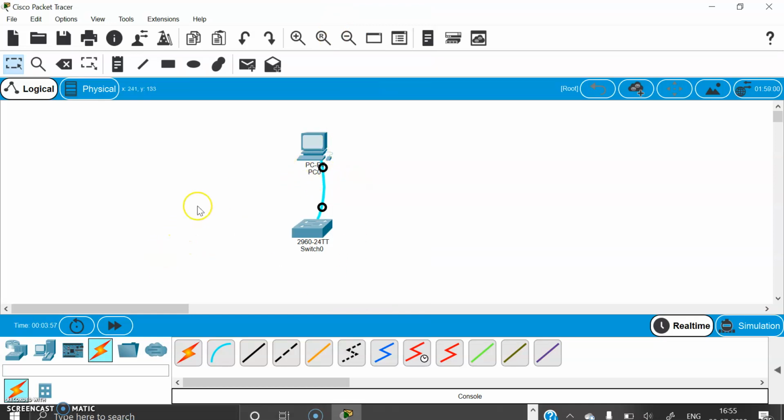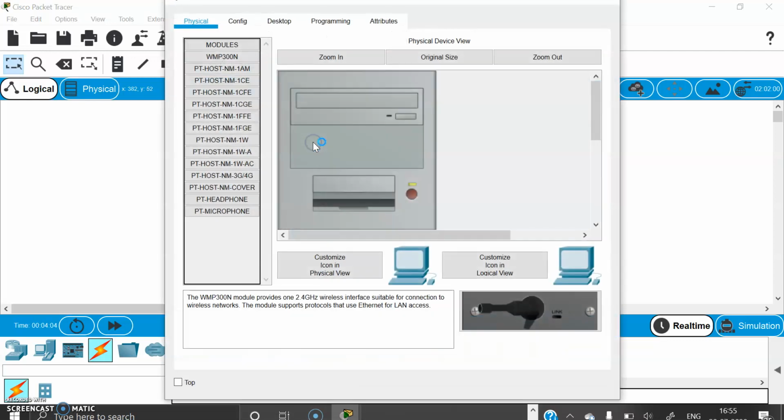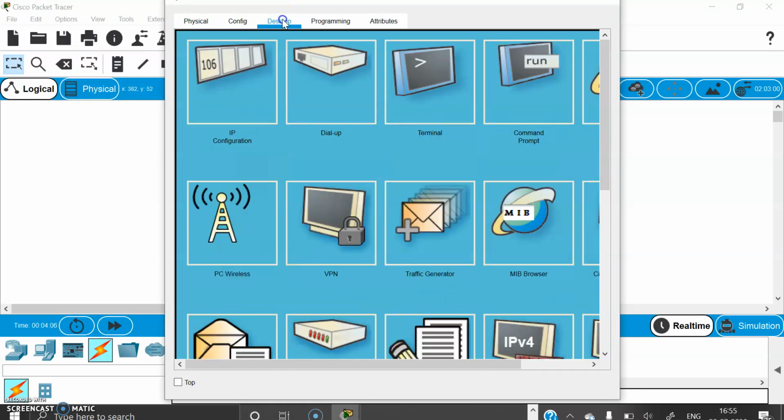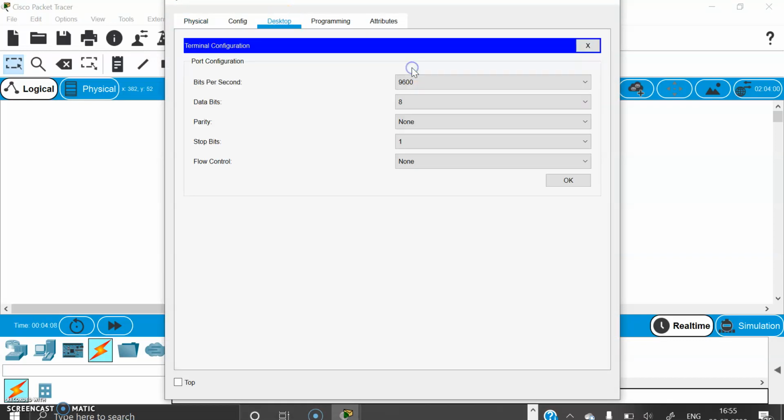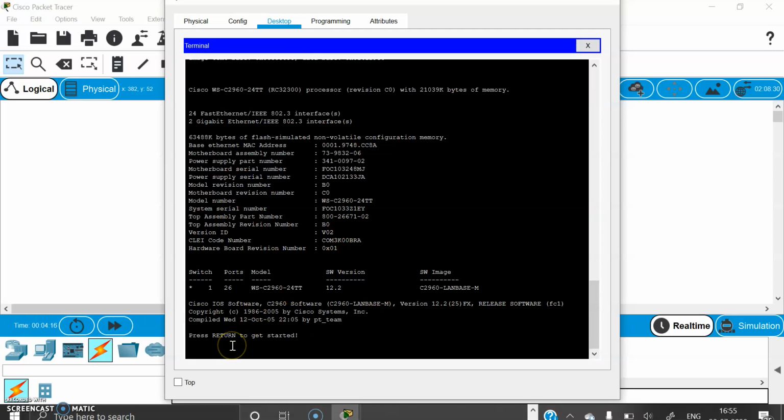Now I have to display and configure the basic device settings. For that, click on the PC, then go to the desktop and click on the terminal. These are default, so leave these and click OK. Press enter to get started.